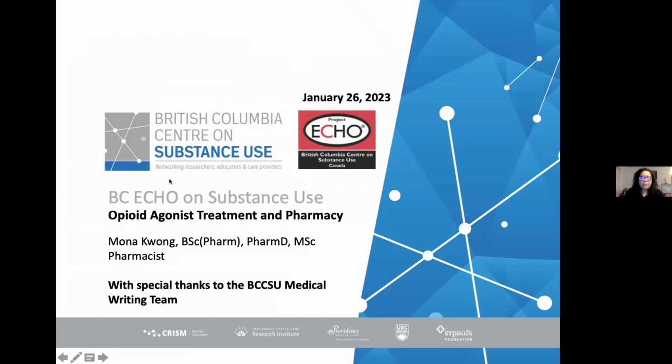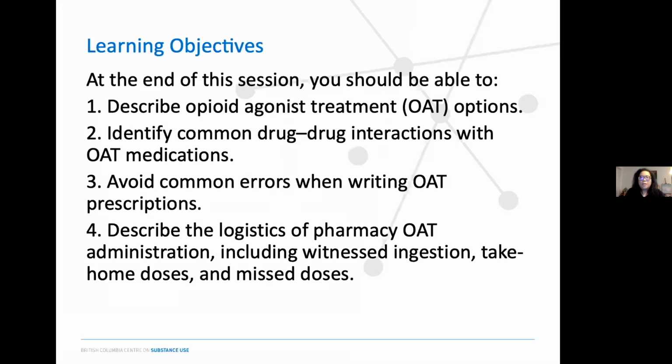Just going to go over really briefly opioid agonist treatment in pharmacy. And I really appreciate the medical writing team for helping us get everything together, and part of the HUD team as well. So at the end of the session, you'll be able to describe opioid agonist treatment options,